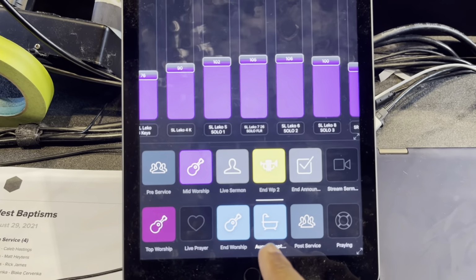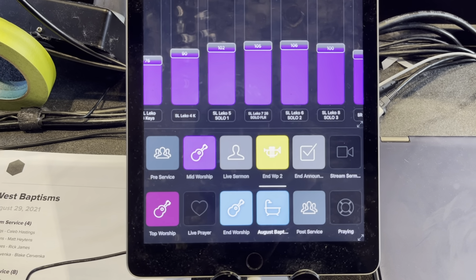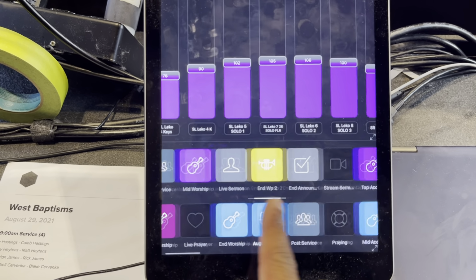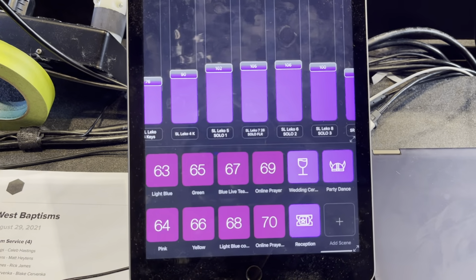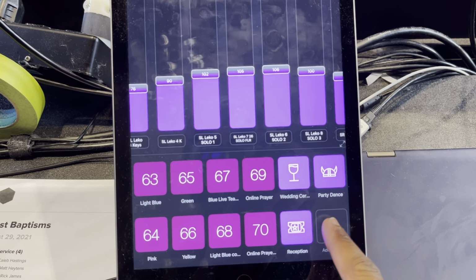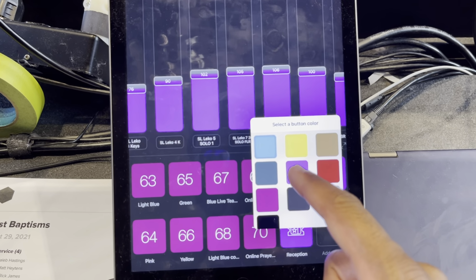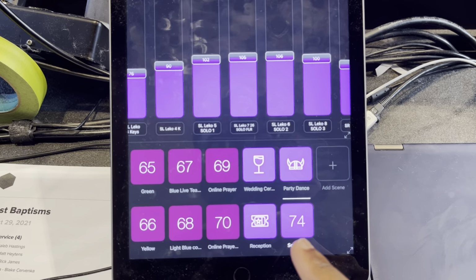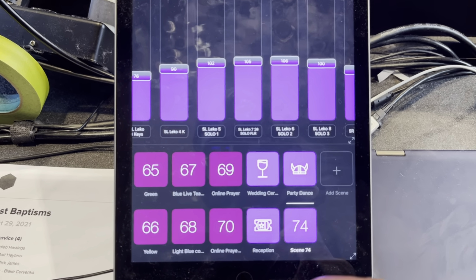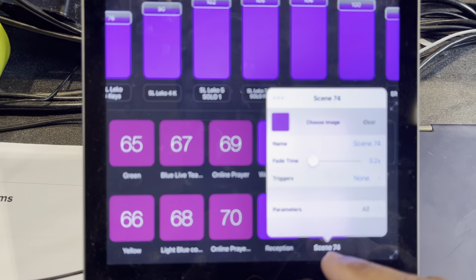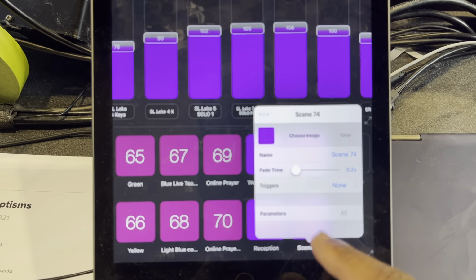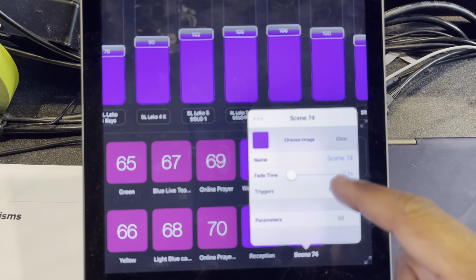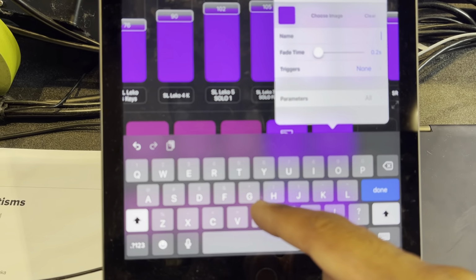What you can do is, so I'm on this baptism scene here, and it's got certain light settings. If I want to duplicate it, all I got to do is scroll all the way to the right side, and I've got to add scene here. If I hit add scene and choose a color, it copies exactly what I had before to the scene. And so if you click on the actual scene 74, like the little words down here, it'll pull up this editing window, and so you can click into the scene, you can rename it what you want,